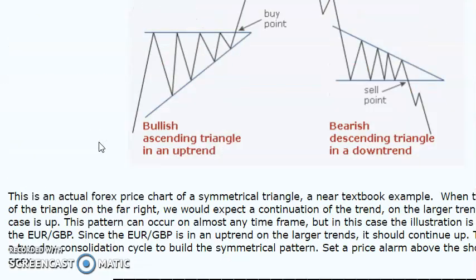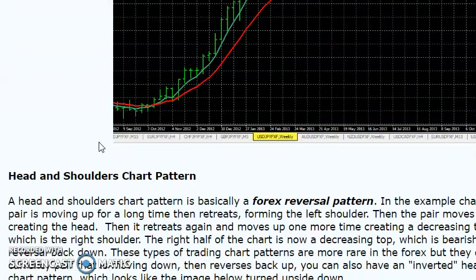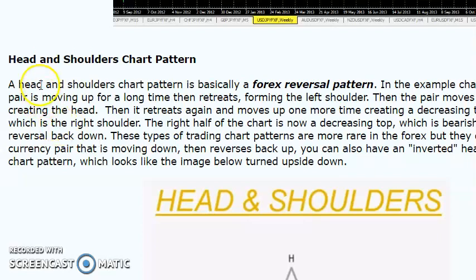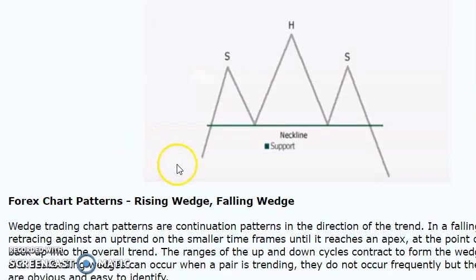So these are your triangles: ascending, descending, and symmetrical triangles. A head and shoulders chart pattern is another common chart pattern. A currency pair makes a move, builds a head and shoulders formation, and when it breaks this support, the neckline here, with two decreasing tops, you should confirm your trade entry right here with the Forex heat map,